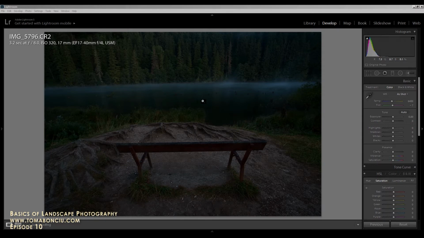So the thing that I'm going to do is to first of all straighten a little bit the photo and then increase the sensation of blue hour in the water and in the background trees, and right here in the foreground I would like to have more green in the grass and a little bit more light on this bench over here. So the first thing that I'm going to do